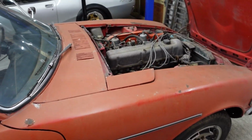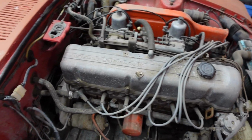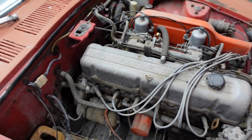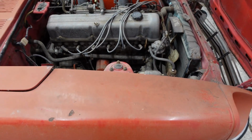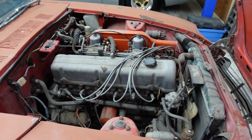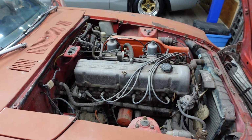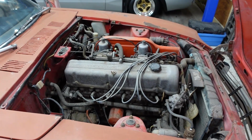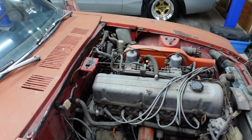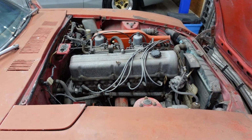Yeah, it's missing its emblems, obviously, but I just kind of wanted to give you guys a little bit of a rundown on this. I would have loved to take this project on and do a full restoration on it, but when you're dealing with cars like this, and I know this isn't the most valuable one out there, you got guys with double digit or triple digit and 69 build cars that are worth well into the six figures, American mark, etc. I still don't think I have the caliber probably to do a restoration to what this car